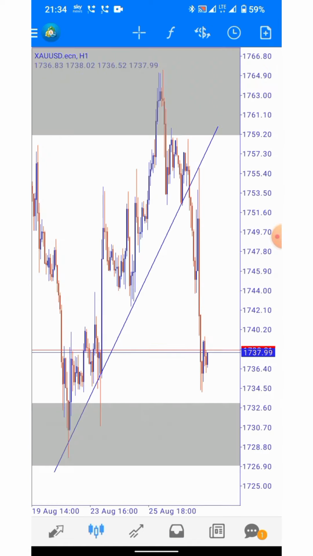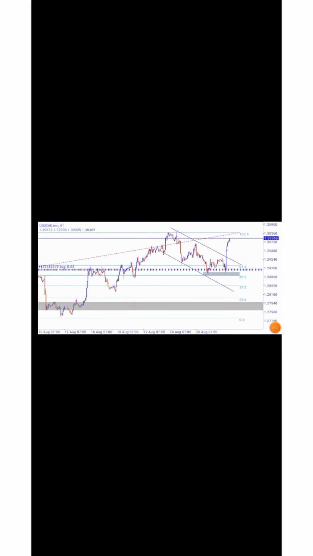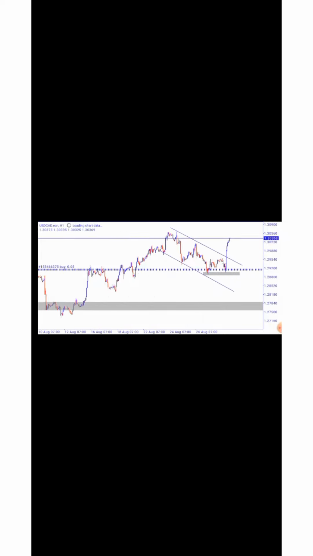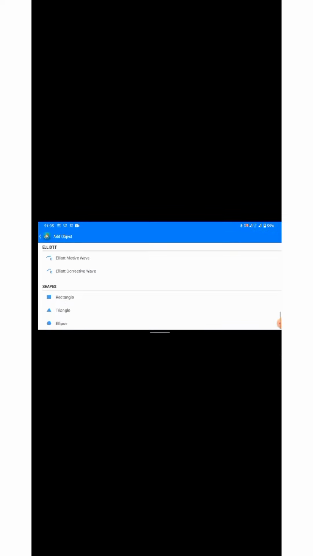I was selling USD CAD. The reason why I was selling USD CAD then was because we have this pullback here. This is a pullback on our H4 time frame, the whole of this movement is what we call the pullback. Inside this pullback, price was creating lower lows and lower highs. So on my H1 time frame, I then discovered this